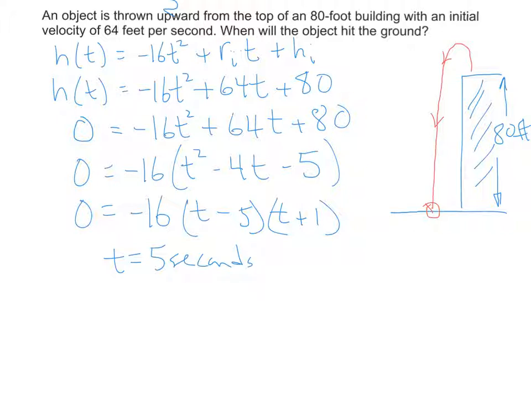Now arguably, solving this equation, it also says t equals negative 1 second. Now, what does that mean? So the clear point is that at 5 seconds, this ball has hit the ground. And if you dug a big hole where the ground is and just let it keep plummeting, you could calculate how long it would take for it to be 1,000 feet down or whatever. And so you'd put negative 1,000 in and you'd have something else to solve. But what does that t equals negative 1 second mean? What it means is